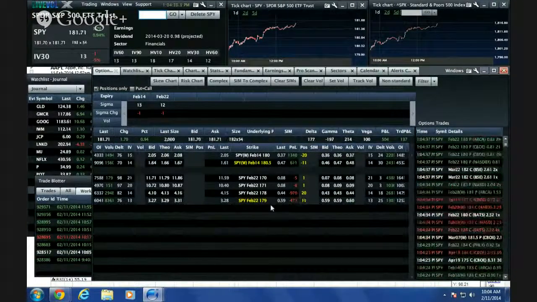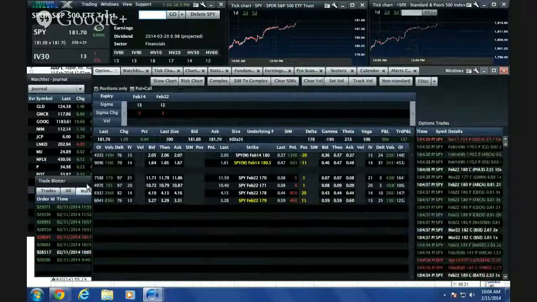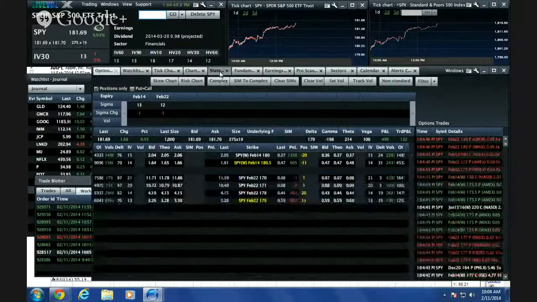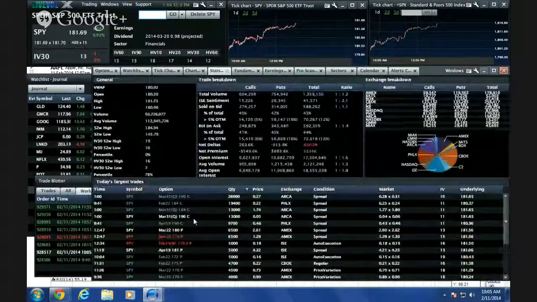I had it in 20, but I got 11 of it filled. So hopefully it'll work out. I was also thinking of maybe buying a call spread because the market looks so bullish, but I was looking at the order flow and it didn't really confirm for me to be too bullish. In fact, the order flow is kind of mixed, and if anything, a little bearish in terms of the order flow itself. So I decided not to put on a call spread